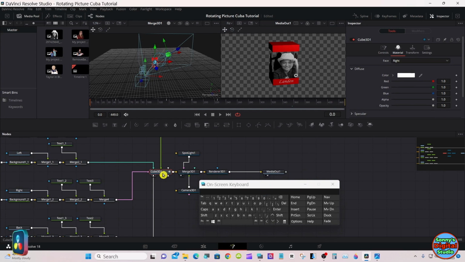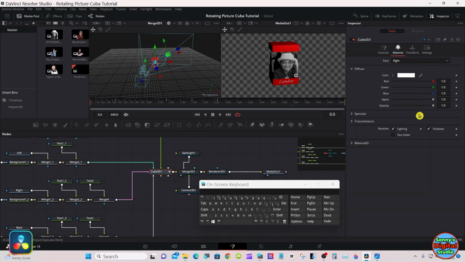Select your cube. Under materials, make sure lighting and shadows is turned on.